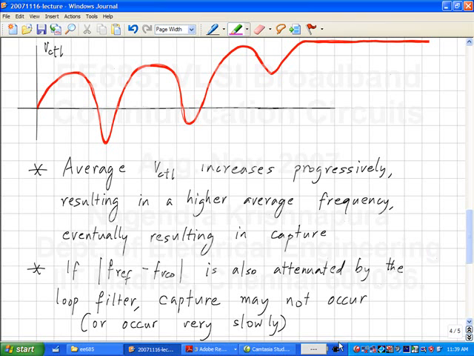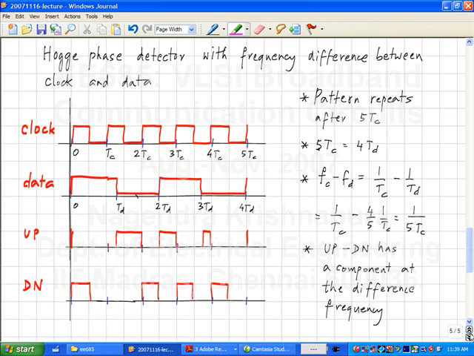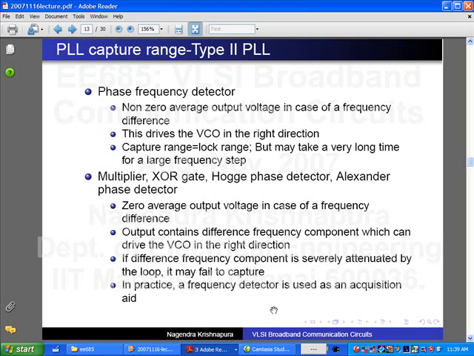And I have something here, let's see. What else is there in this? No, this is different. So I have a slide to show the